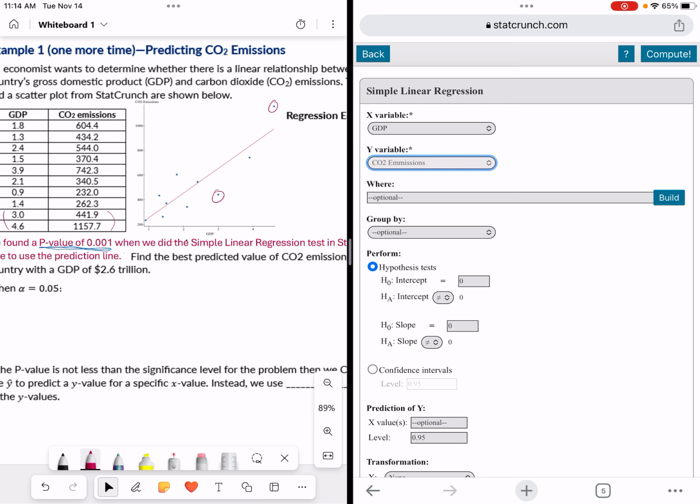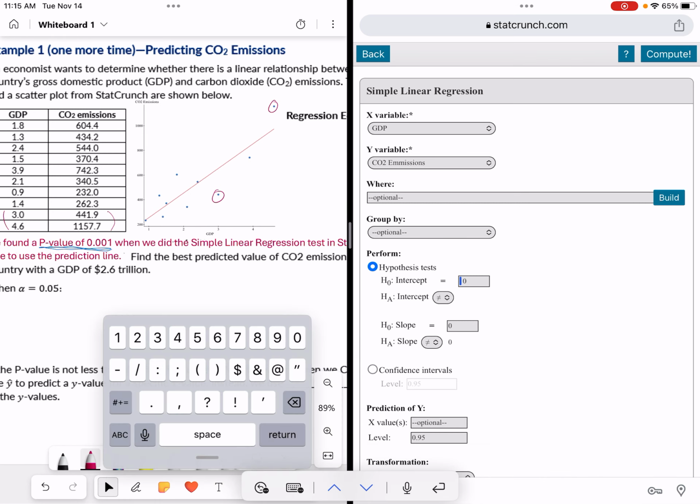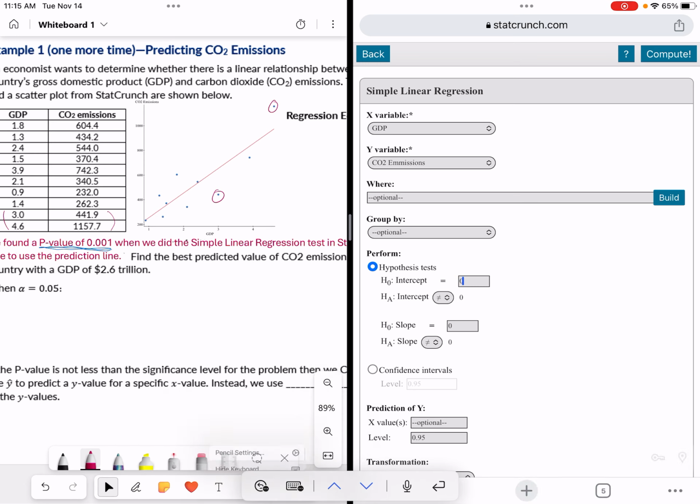We are going to leave this as a hypothesis test. We don't really care about the hypothesis test about the intercept being 0 or not. Whoops. We only really are worried about whether or not the slope is 0. And so, sorry about that. Forgot that my pencil will sometimes write things. So we're not concerned about that first hypothesis test, but the slope,